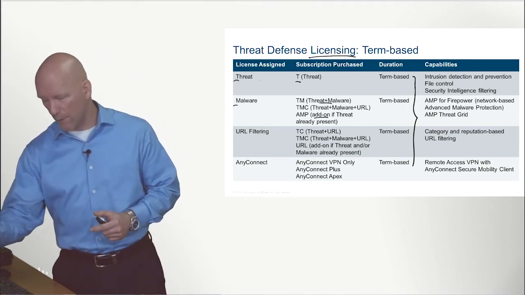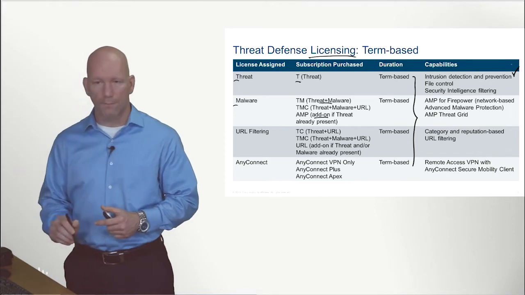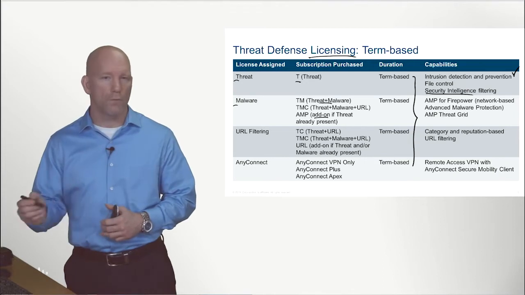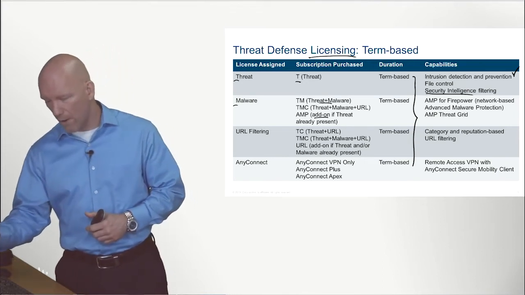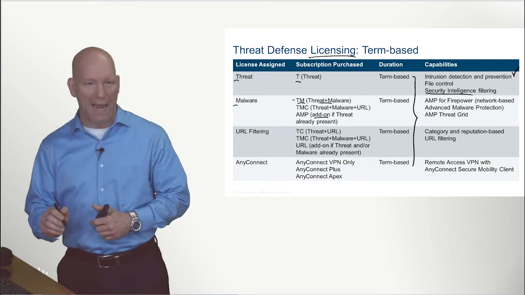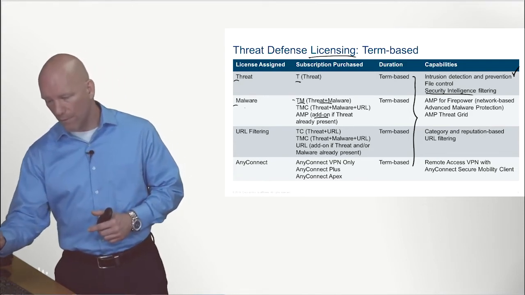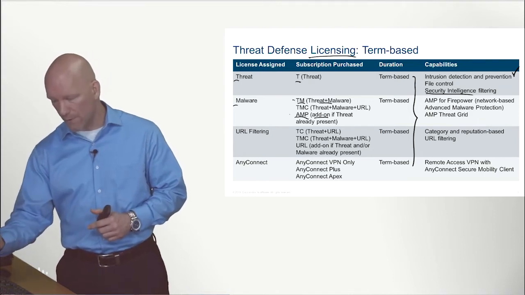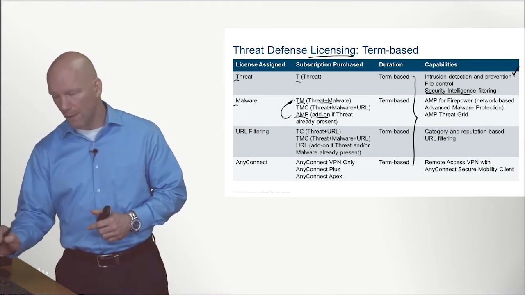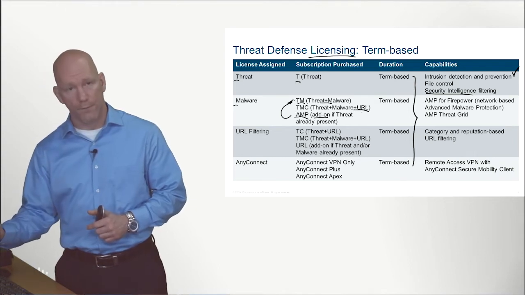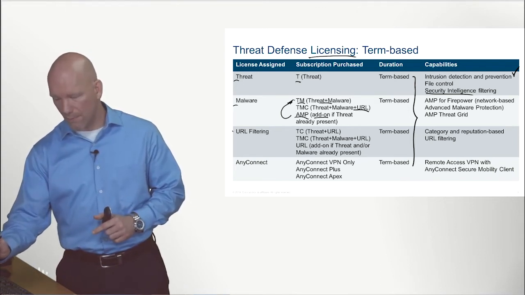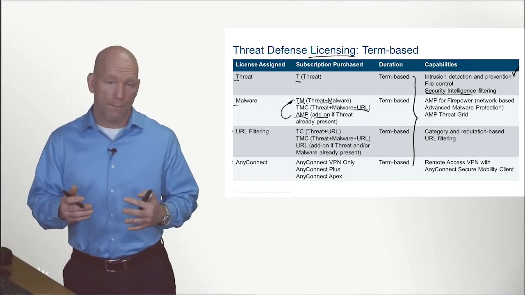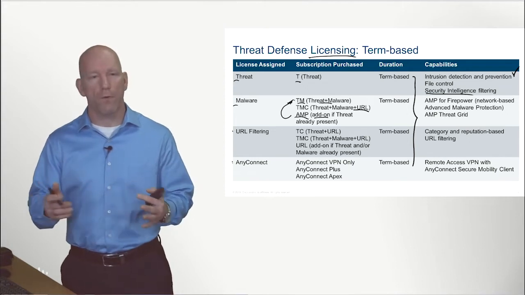But folks, you could have your threat defense, intrusion prevention, file control, security intelligence. Those are some features that we go over in other topics. We can have our threat defense with malware added on. We could have our advanced malware protection added on to a system that already has threat defense. We can also do our URL filtering. So please understand, each of these can be added on individually, or they can be combined together to create a system that might have multiple different services that it's performing all at once.